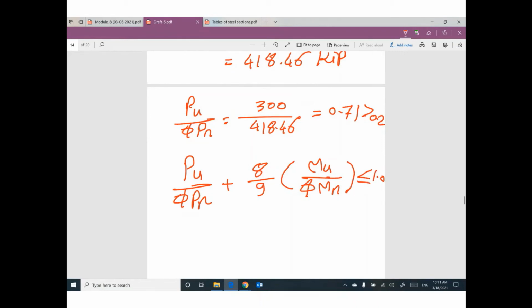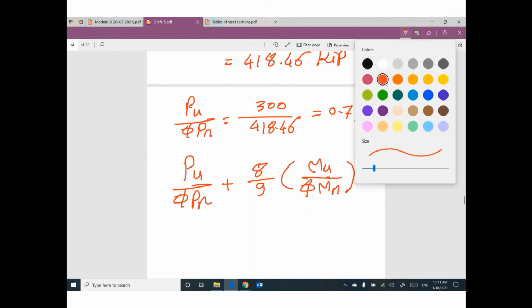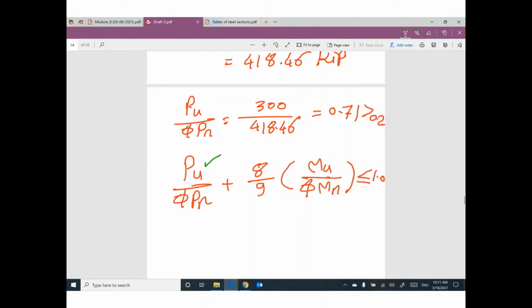We still need one more step. Do you know why? Because this value is given, I can figure it out. This value I calculated, this value I did. I still need phi Mn from table